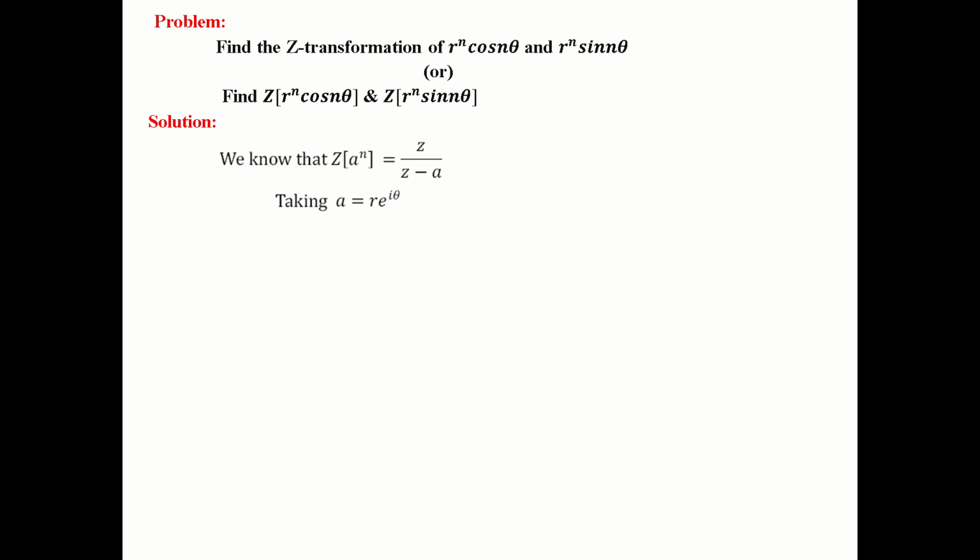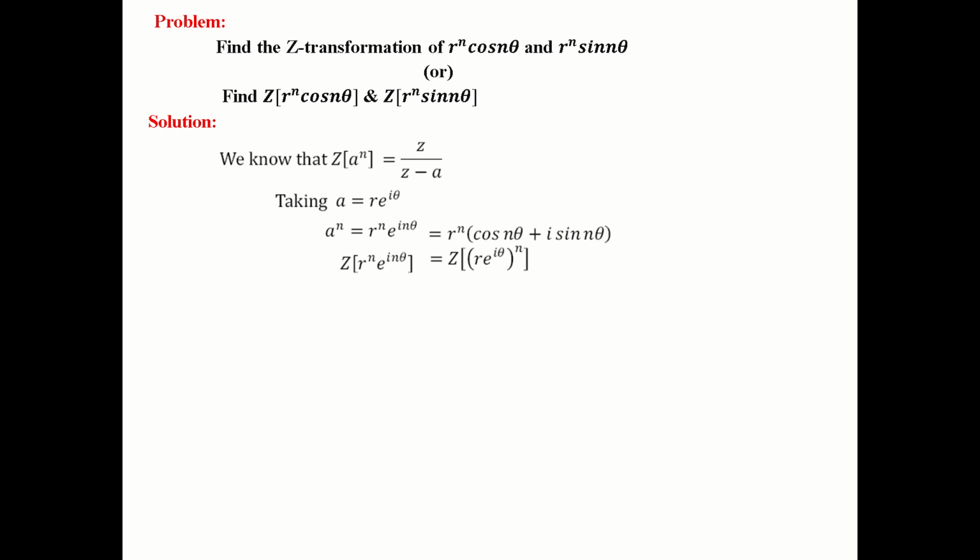Taking a equal to r e power i theta, a power n is equal to r power n e power i n theta. So r power n into e power i n theta, using De Moivre's theorem, cos n theta plus i sin n theta. Taking z transformation on both sides,